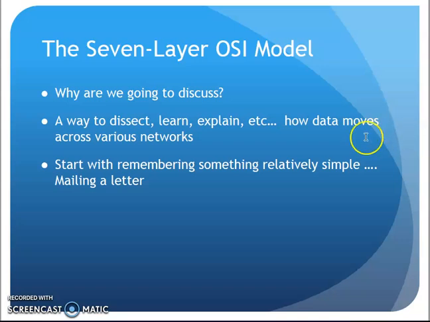Why are we going to discuss this? This is actually a way to take a large complex topic of how does a network function, or how does a network move data, and break it into smaller pieces to digest the smaller pieces. I use an example of, if I asked a mechanic, how does an engine work? Or how does a car work? Let's even ask bigger. If I ask a mechanic, how does a car work? They kind of look at you like,